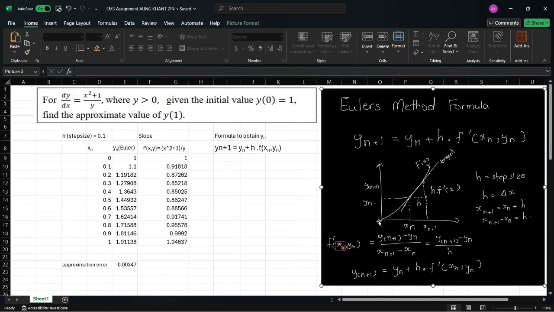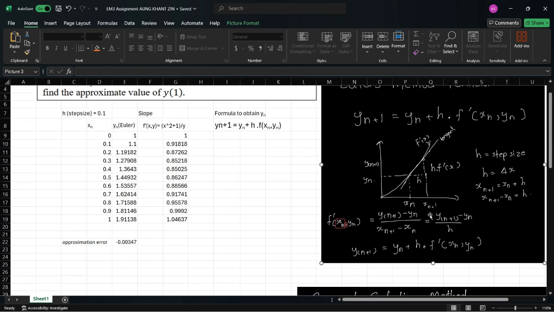So in this graph, the line given will be the linear equation, and x_n and y_n represent the first initial values. We would like to estimate the value of y_{n+1}, where the index is n plus 1. So h will be the step size, and we keep increasing the size of x until we get the desired value. In this case, we draw a tangent line at the starting point, which is x_n and y_n,